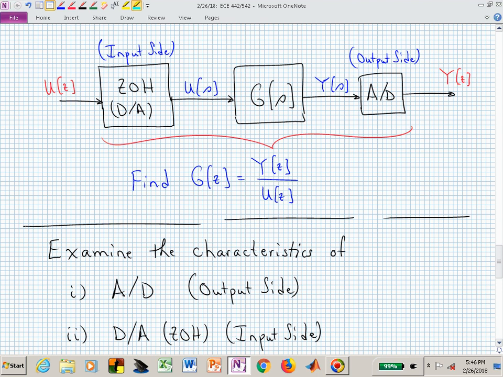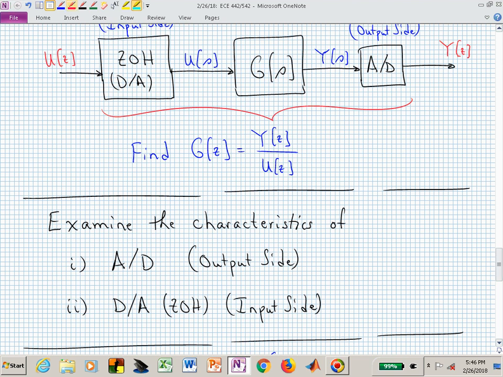Find its discrete equivalent. To do that, we want to examine the other pieces that are connected with this analog system. We have a zero order hold going into that analog system, and we have a sampler on the output side. Let's now look at those two pieces and see how do we incorporate their characteristics into the net aggregated transfer function capital G of Z. That's what we want to have and work through some examples before we get back on our inverted pendulum and